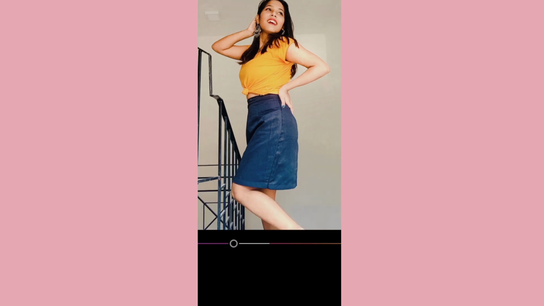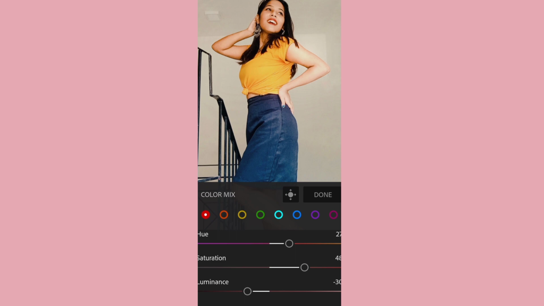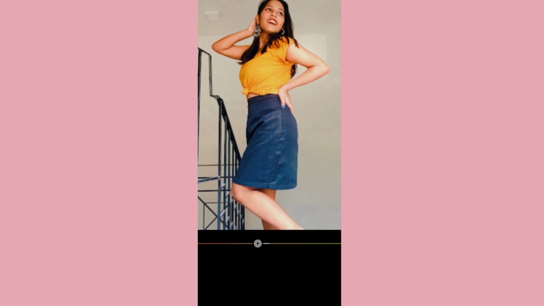And now I'm going to Mix and do the color correction. That's the most important thing. So let's see how it works. You need to see the desired color you need for your picture.